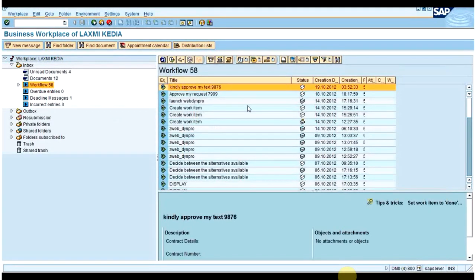We will see in the table whether that sales order number has been saved in the database or not. So going to SE11, the table name was test underscore work 4.